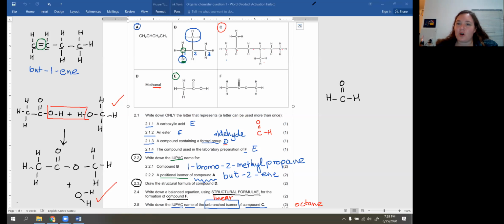Carboxylic acids can only be converted to esters if we need to make a functional isomer. And if we've got to turn a carboxylic acid into an ester, the ester can only contain 2 carbons. Esters, because of the way that they're set up, must have a carbon on either side of the functional group. So the only functional isomer that we could draw of ethanoic acid, compound E, is if we drew